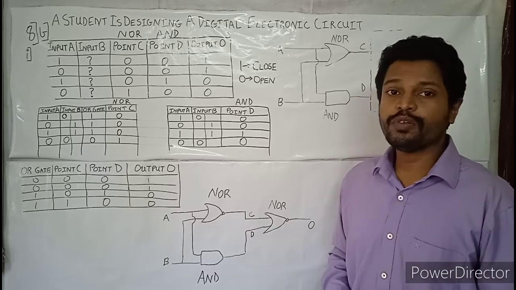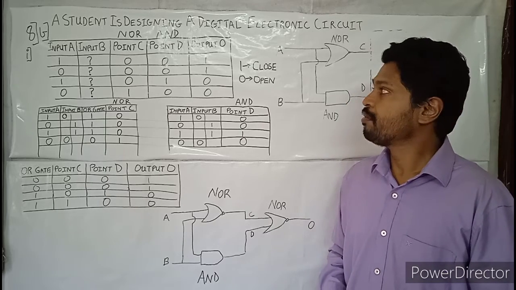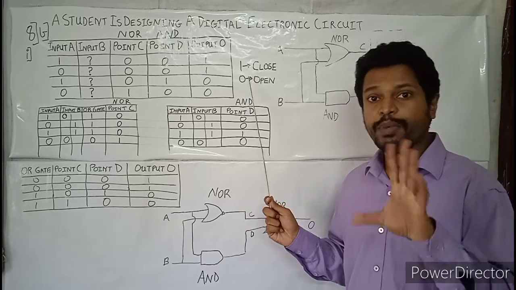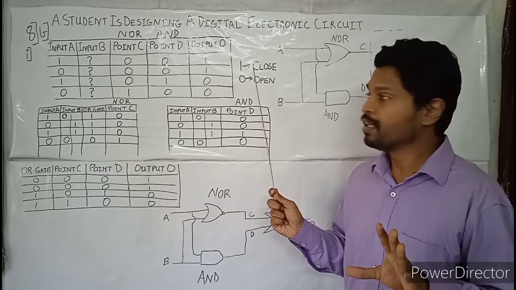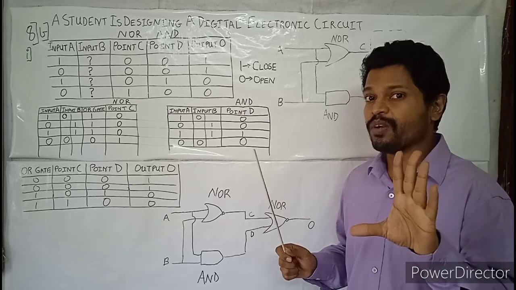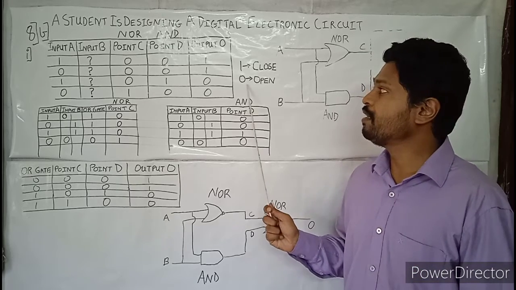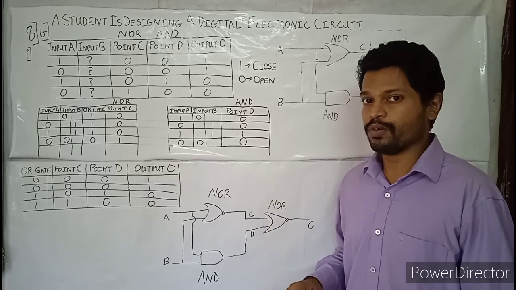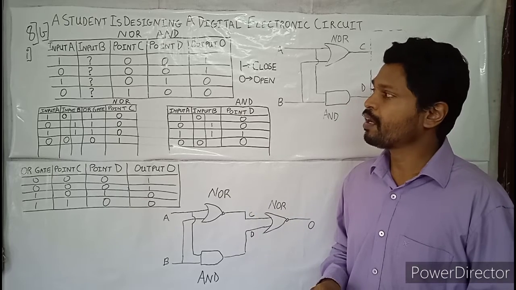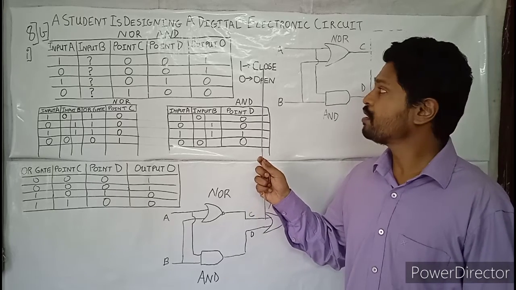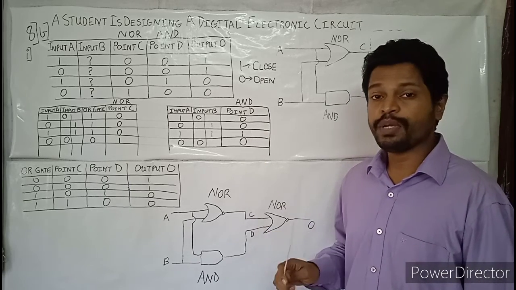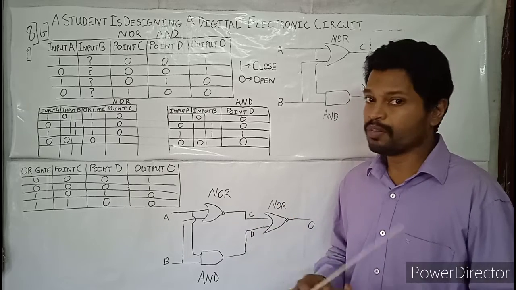Firstly, you need to understand what is 1 and what is 0, because this is where most of the doubts come. If the circuit is closed, then only the bulb will glow. Then only 1 is there. So you need to always remember, 1 is circuit is closed, that means bulb will glow. And when the circuit is open, the value is 0. These two things you have to remember in order to solve this problem. 1 means the circuit is closed and the bulb will glow. 0 means the circuit is open and the bulb won't glow.